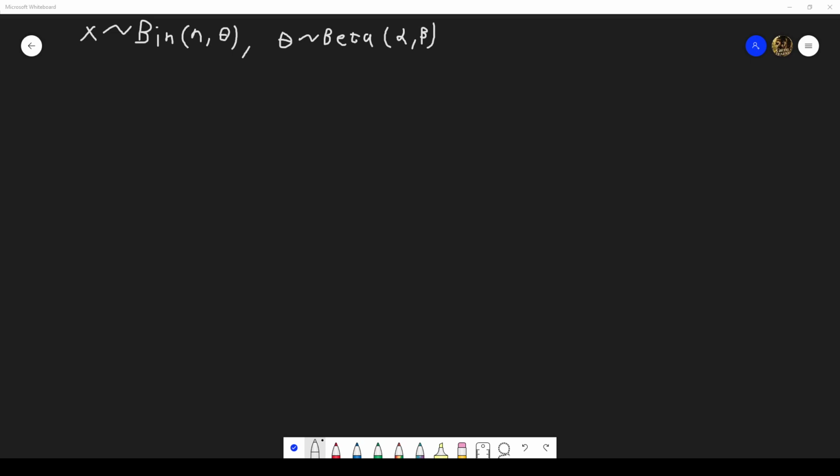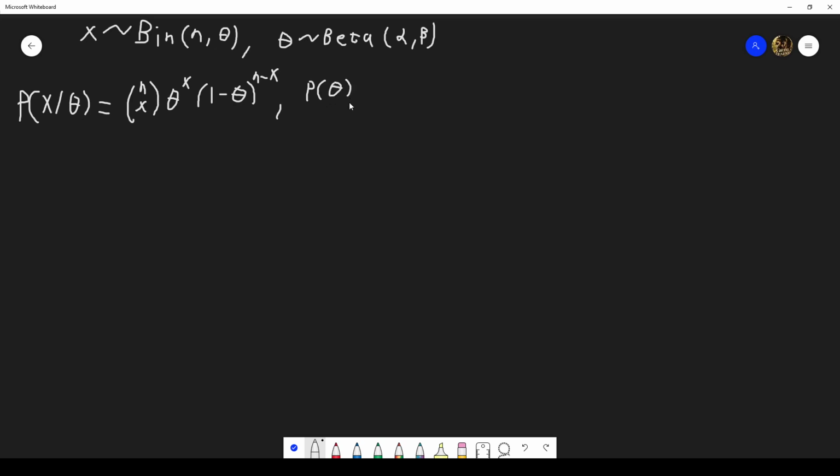So here I have a random variable x assuming a binomial distribution, and I have the parameter theta distributed as a beta distribution with two arbitrary parameters, alpha and beta. So let's go ahead and write the likelihood for x given our parameter theta, which is the binomial, and this is, as you probably already know, n choose x, theta to the x, 1 minus theta to the n minus x. And then the prior, which is the beta distribution,